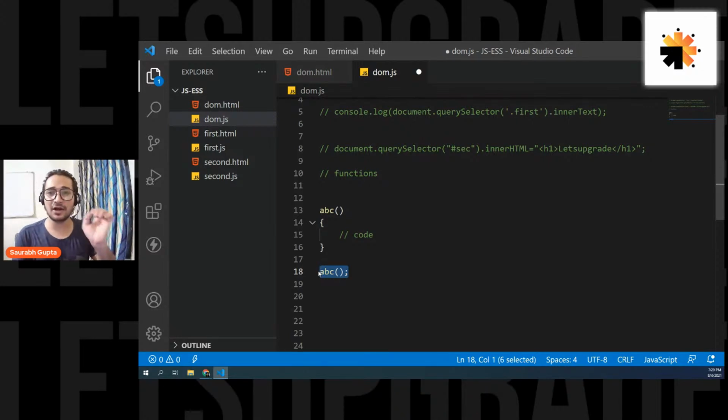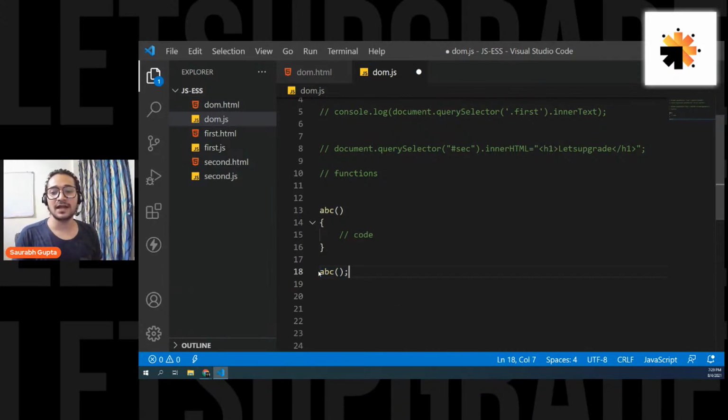But are we clear at least with the concept here, guys? A function is nothing but a block of code, a set of code that is doing something, and mostly it has a name. It is not executed by default, and to execute it, you have to call it. Is that clear, everyone? Please tell me. Yes, Avinash, don't worry. This is just a syntax that I'm giving you. Are you understanding the concept?